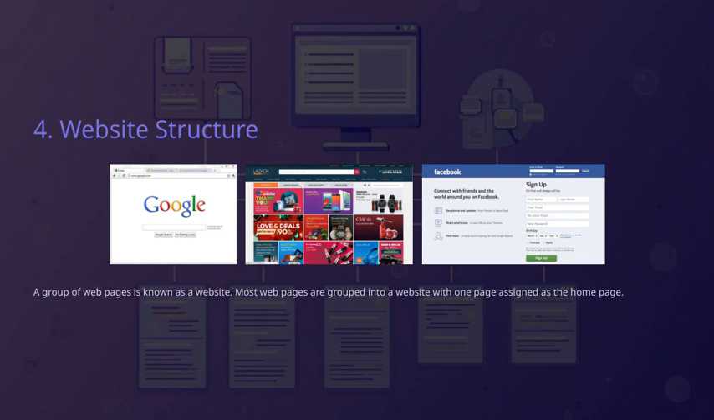Most of these web pages are organized into what we call a website, and within this collection, there's usually a main page known as the home page. The home page acts as the starting point, the gateway visitors first see when they arrive. This structure is important because it helps users navigate easily and find the information they need efficiently. Connecting this to the overall theme, understanding how a website is structured lays the foundation for designing user-friendly and effective